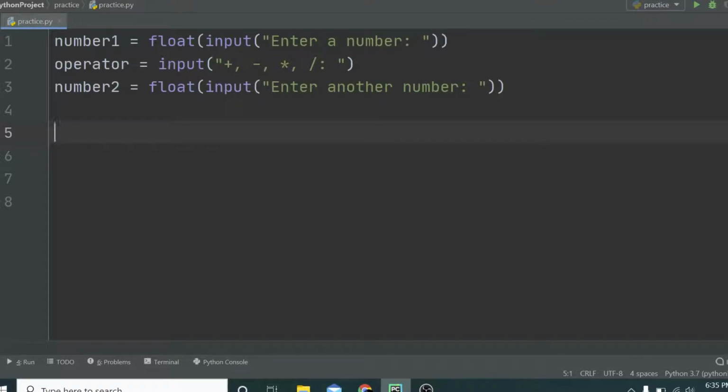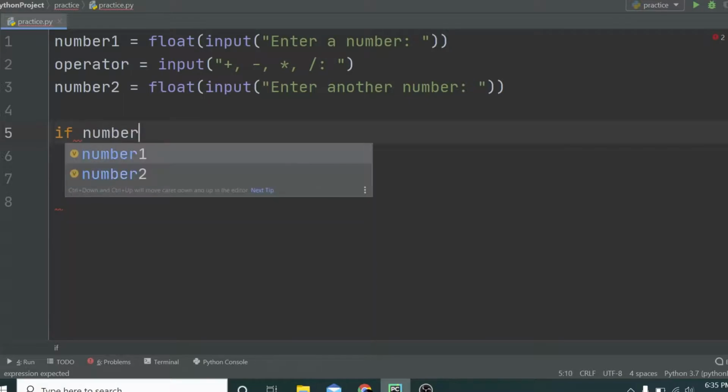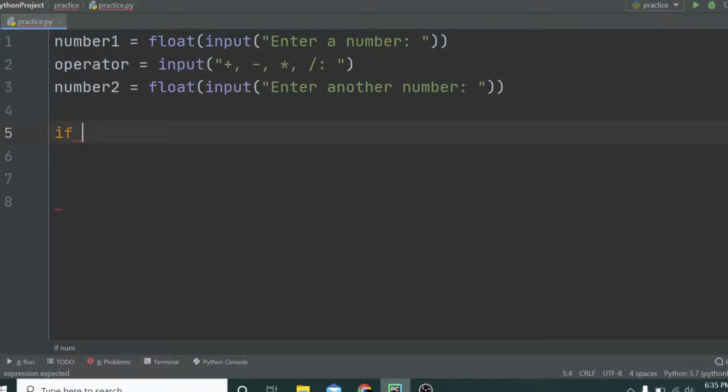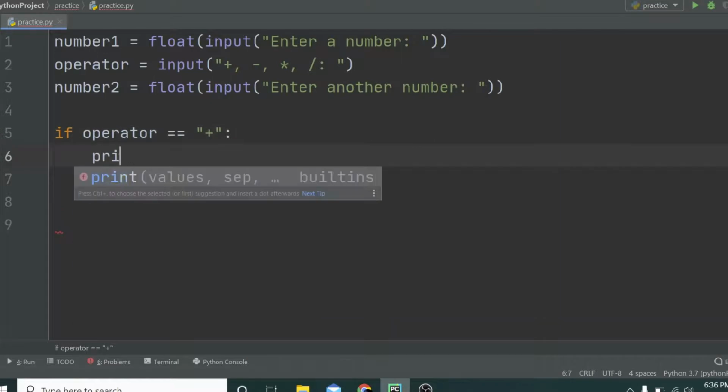So we're gonna use if statements in Python now to do that. We also talked about comparison. So if operator is equal to plus,